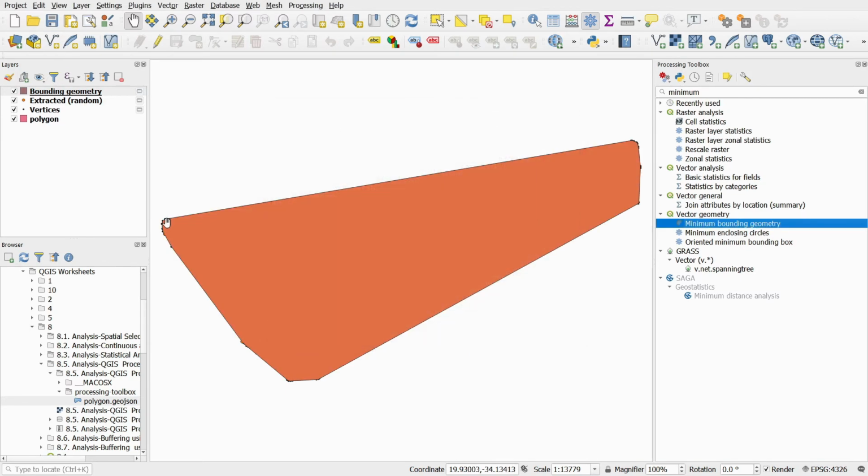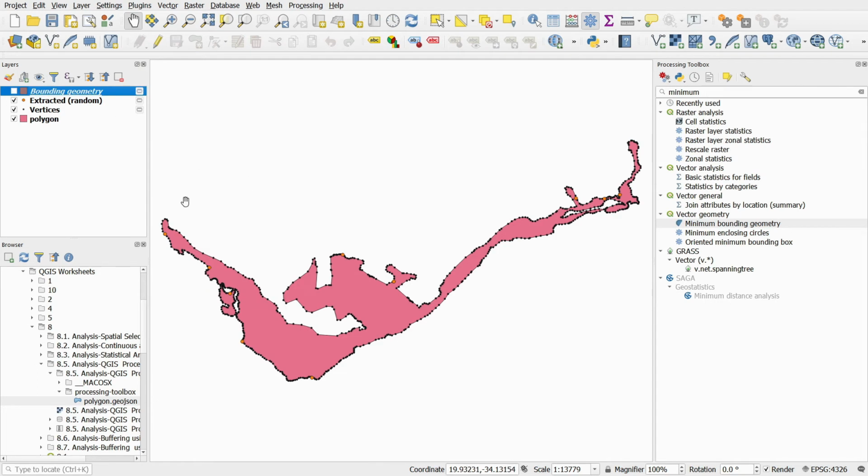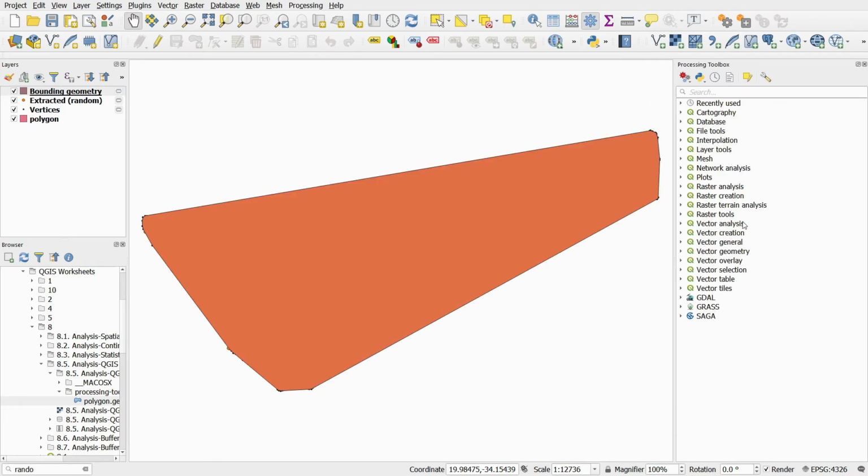You can see that the minimum convex hull makes a simple polygon that includes all the points, and because it's convex, it just simply stretches, for example, a rubber band around all of the points. If you wanted a shape that dipped into the polygon, you would have to go obviously for something that was concave and not convex. The Processing Toolbox panel is a great way to find